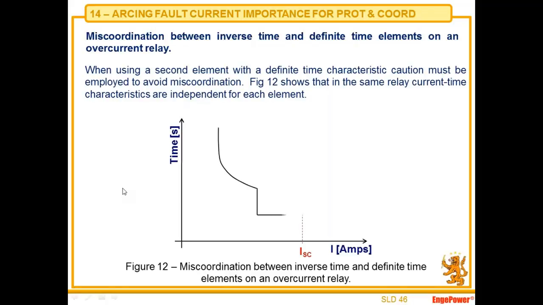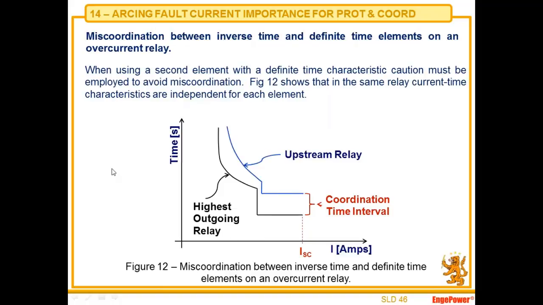Here we have also a very interesting situation. You may receive a coordination study. This is the highest outgoing feeder relay curve and was applied for the bolted fault coordination time interval. This guy here used this technique, the optimization technique for arcing currents. The question is, are these relays coordinated? Looking at these curves, one may say they are. But I can tell you that they aren't,